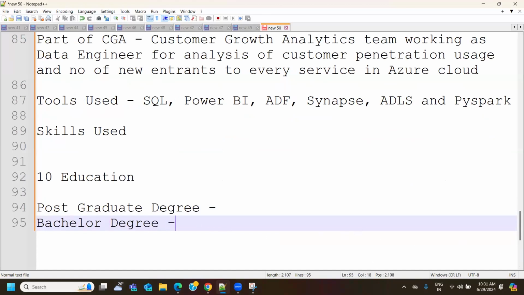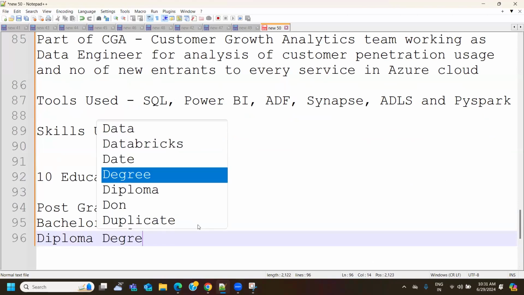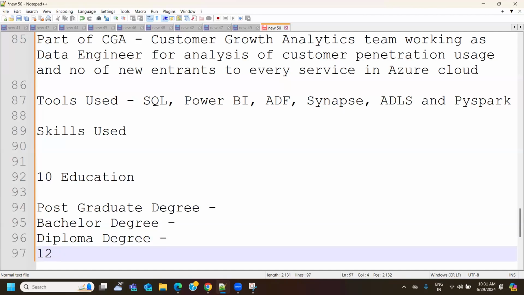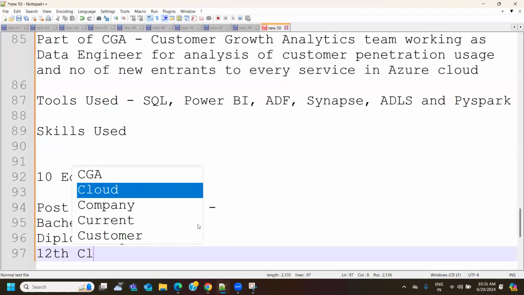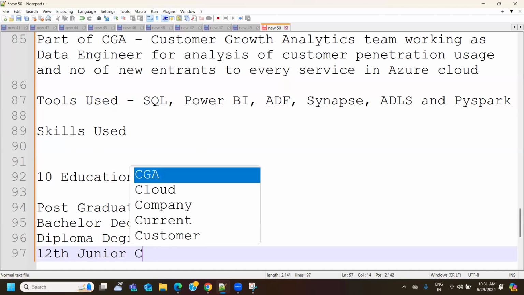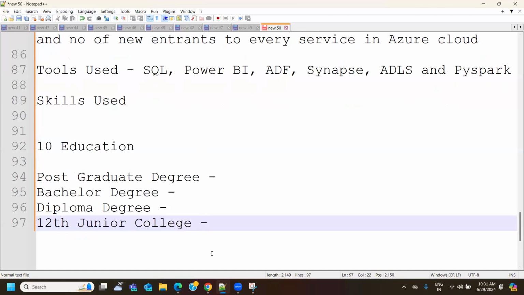Below bachelor, there should be diploma, or else for people in India, it's your 10+2, which is your 12th standard, junior college, and then it should be 10th.